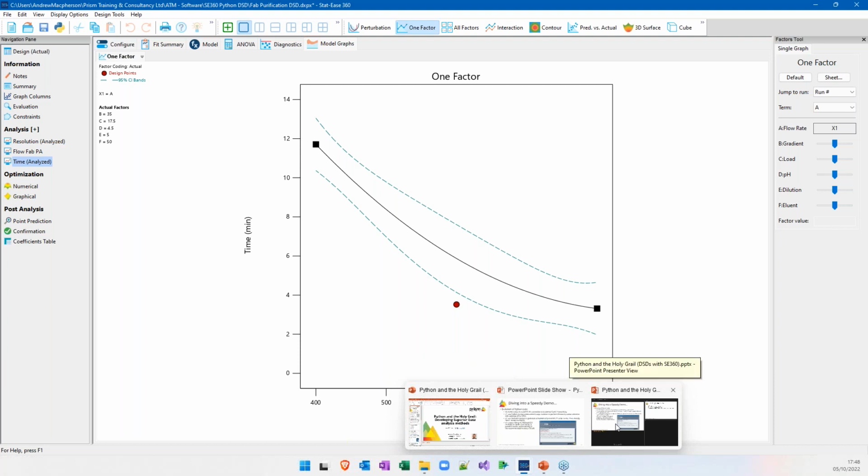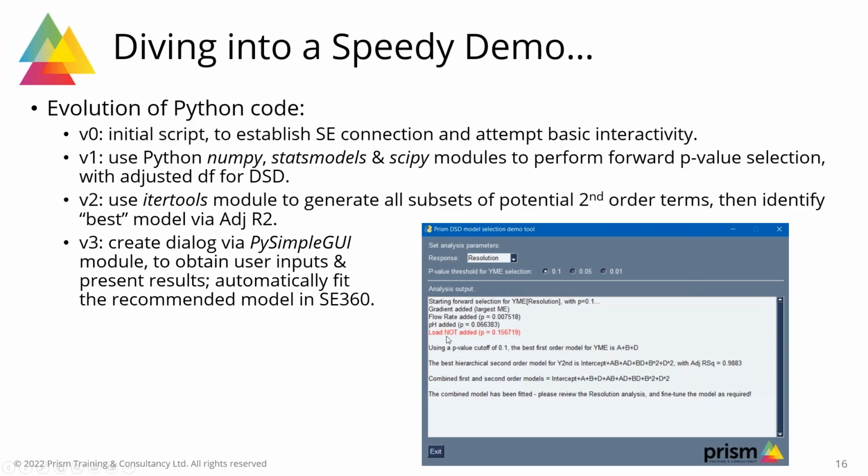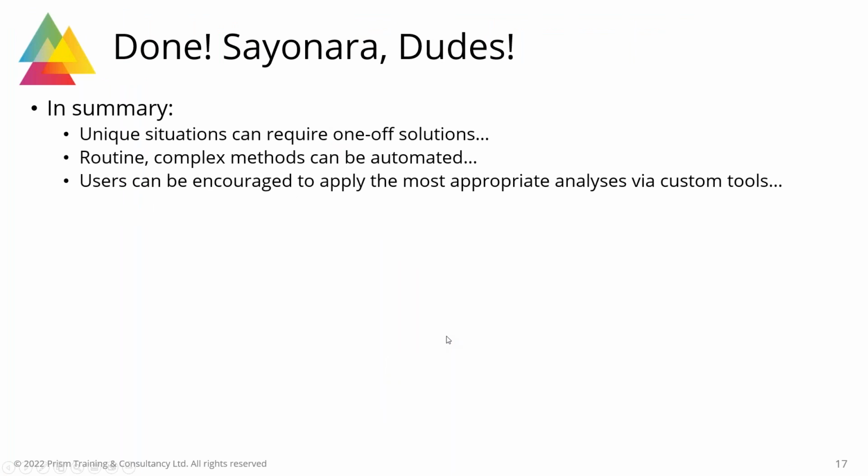So that's pretty much it. Now, what I want to do is really just summarize what I've been attempting to show today. That is the example, definitive screening designs. It's a fairly unique design structure, and therefore we can't expect the general purpose analysis methods that we use day in, day out to necessarily give us exactly what we need for them. So in this particular case, I would argue there's a benefit in setting up a one-off solution to handle this